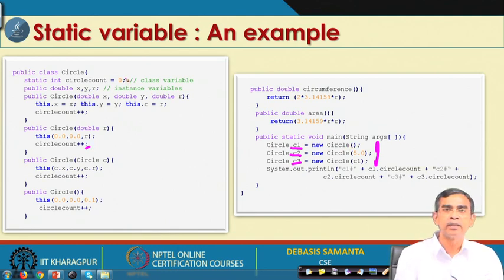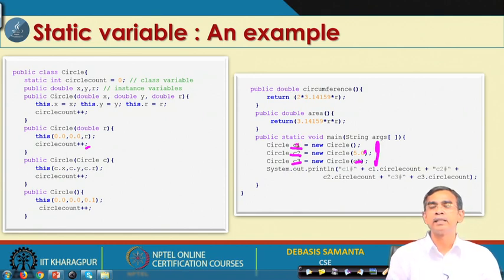So, circleCount will be increased when one object is created. Initially it is 0; when this is created, circleCount is 1, when this is created circleCount is 2, and when this is created circleCount is 3. At the end, when all 3 objects are created, the value of circleCount is 3.